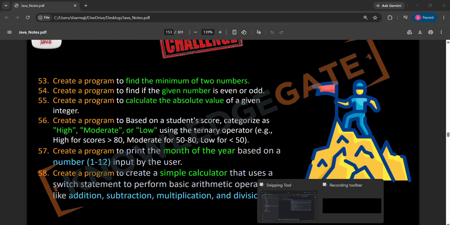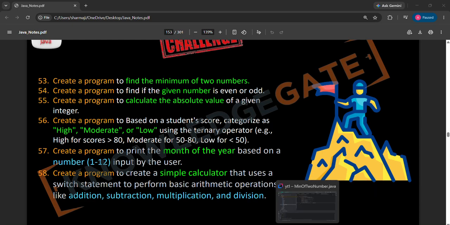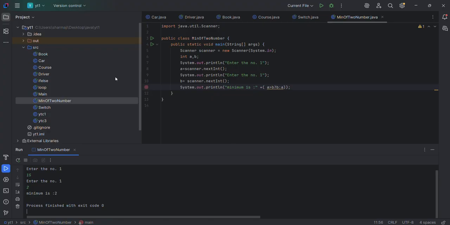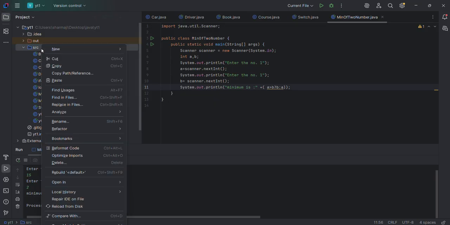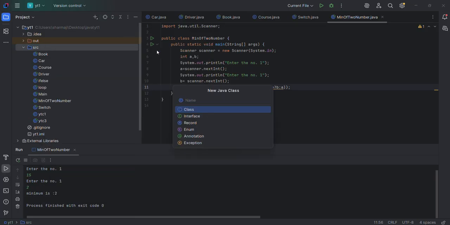Create a program for the given number as input. The given number is even or odd. So first of all, we create a class, new class, we name it even,